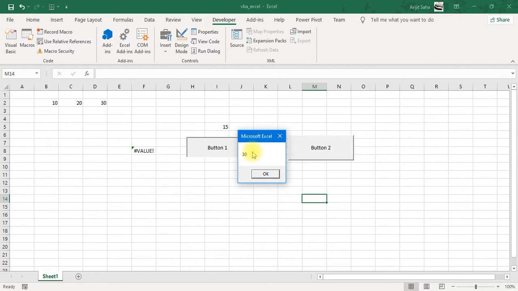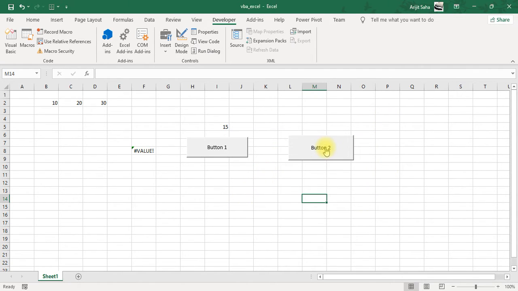So we are getting two message boxes as 30, because whenever we send a value by reference, we are sending the original value and it is being modified in the function Triple. Therefore the modified value also returns back to the sub, and hence we get modified values in both cases. So this is what by reference is.